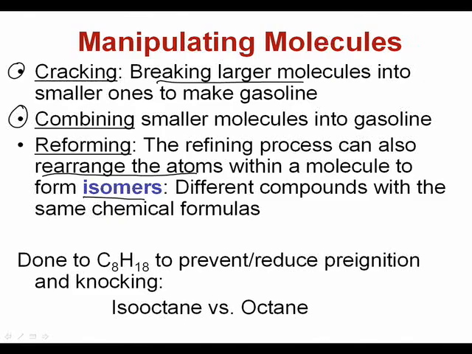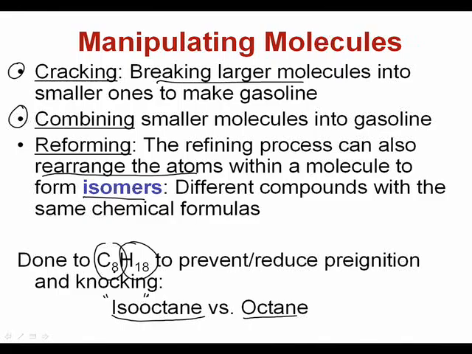The best example that's given of this is our friend octane. Remember when we were doing the thermochemical reactions? We have octane from the 8, and the problem is that pure straight octane is a really lousy fuel. It burns just too fast. It's too easy to burn. So what they will try to do at the refinery is make it into something called isooctane, which tells me it's the same 8 carbons, 18 hydrogens, but they're arranged differently in the molecule.